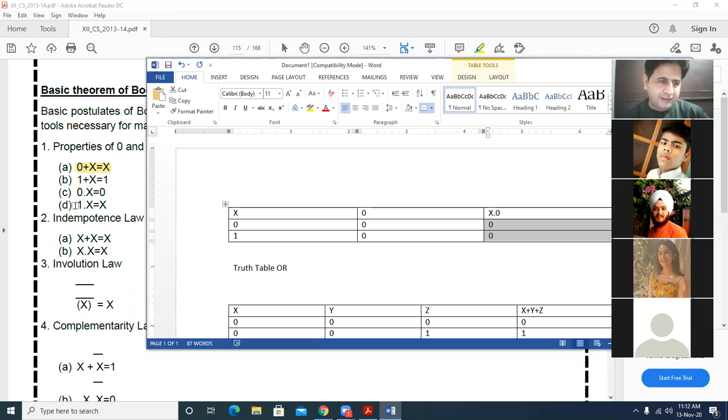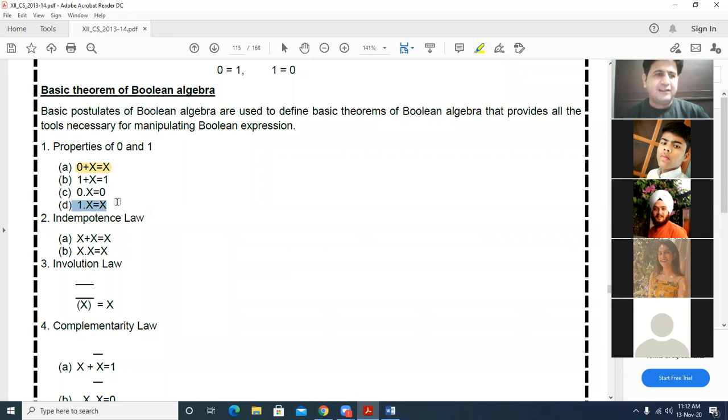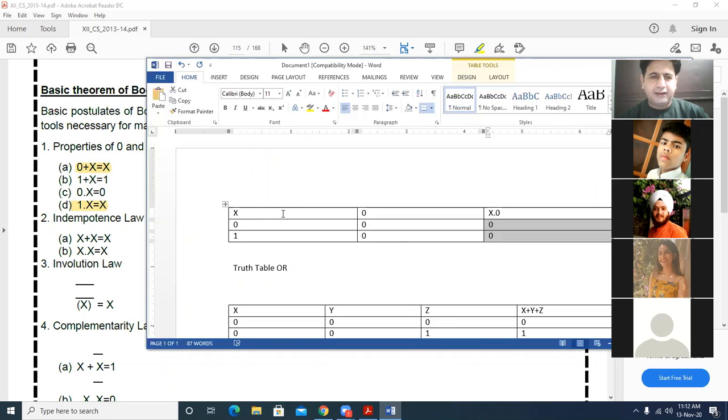Now the next one is x and 1, and x and 1 is always equal to x. Look at here, I am going to solve this. I take one variable x, the values 0 and 1 are there, I take another value 1, it means all 1s will be there. Here I will use